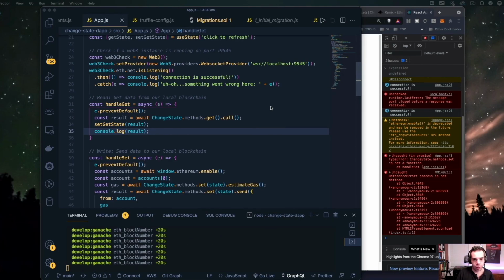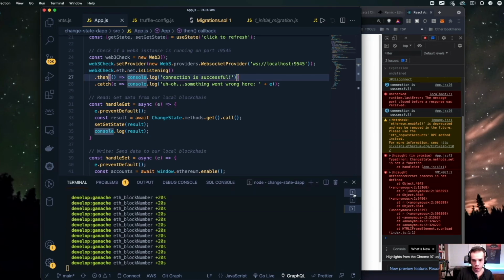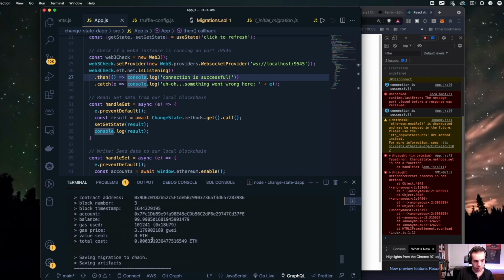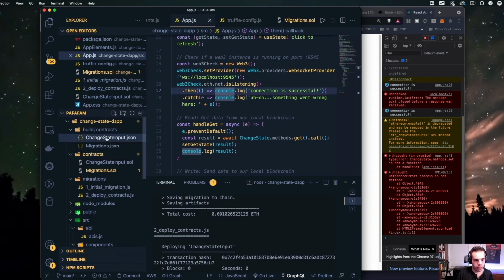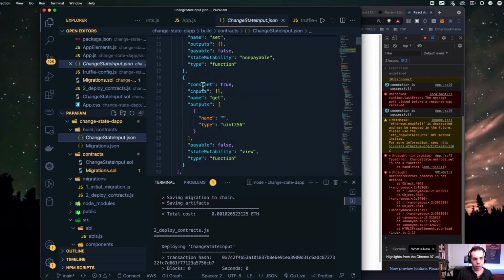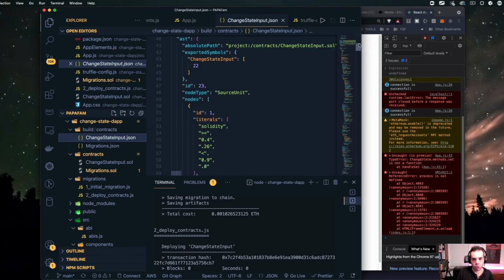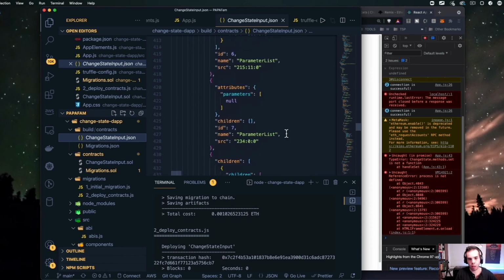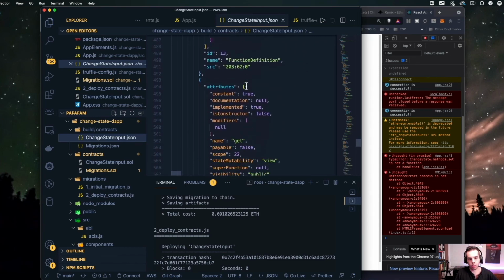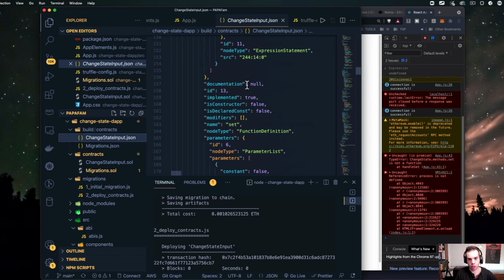One of the last things that we're going to do here is update the ABI. So when we deployed our contract, and this was a transaction that was hashed, we then had, if you remember, a build folder that created a bunch of output. So when we specifically got this build output in JSON, we got basically bytecode. There's this whole long file that gets generated that has all this information of this contract and what it can do, sort of the parent and the children attributes and permissions and that type of stuff.